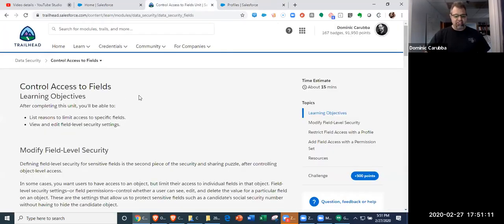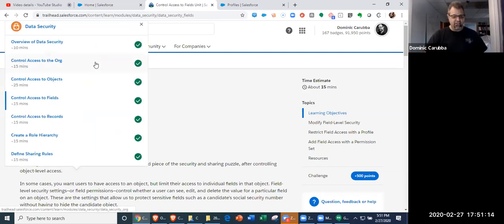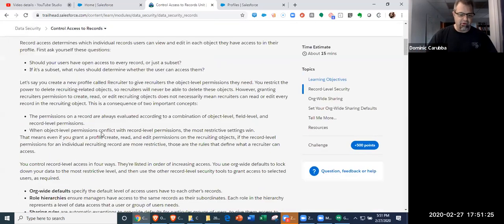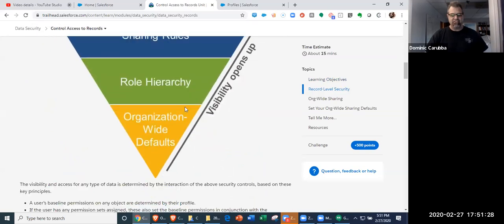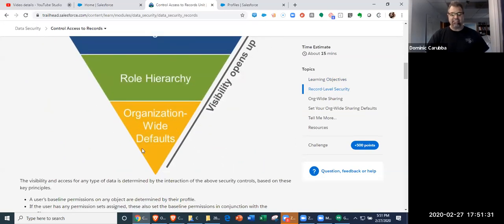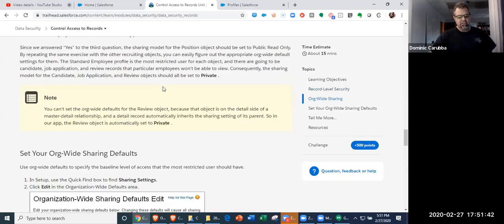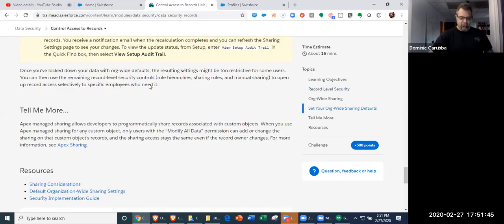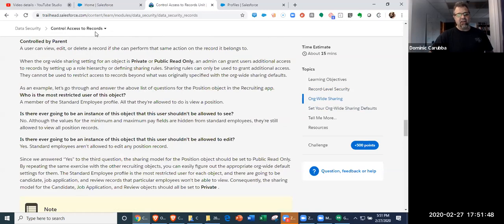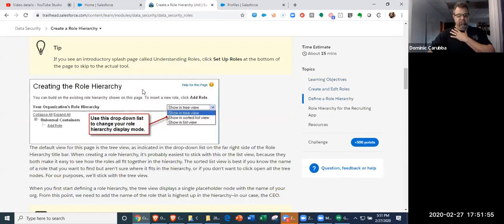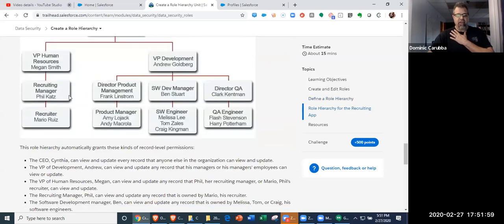The next thing we're going to talk about after that unit, because we're just going to do the exercises there, is access to records. Now, the access to records that I own is based on my profile. But remember, access to records has to do with the organization-wide default. If it's set to private, then the role hierarchy rules open it up. I don't like that example, but we'll talk more about it because we did it already. It's repetition. We're doing it again, and then we'll talk about the role hierarchy,